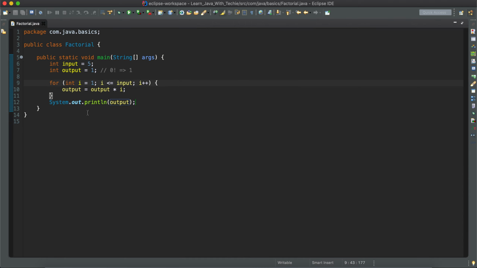So there is another way of implementing it, that is, we are going to use recursion. Recursion is calling the function again and again. It's like calling the function internally, again and again, itself. It's called recursion.